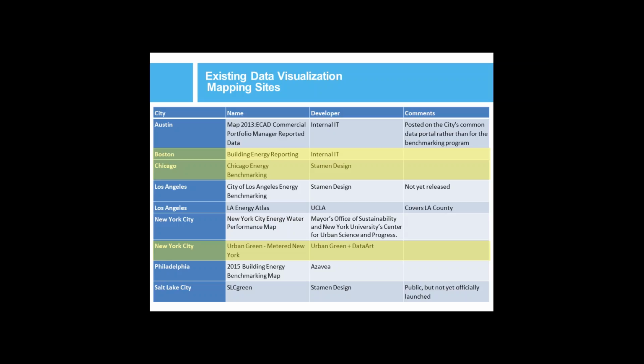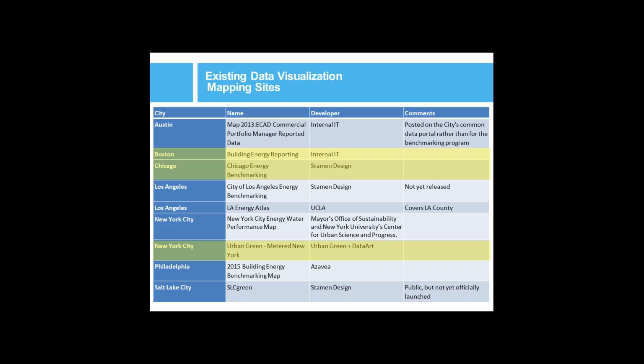The second one in Chicago was developed by Stamen Design, a web design firm out of California. They did that to help support the City Energy Project, which is a national energy efficiency initiative being led by IMT and NRDC, working with 10 cities across the country to help them improve the energy efficiency of their buildings. So this Stamen platform was designed to help those cities have a cost-effective and scalable solution to be able to present their data. And that package solution is now being made available to cities that are outside of the City